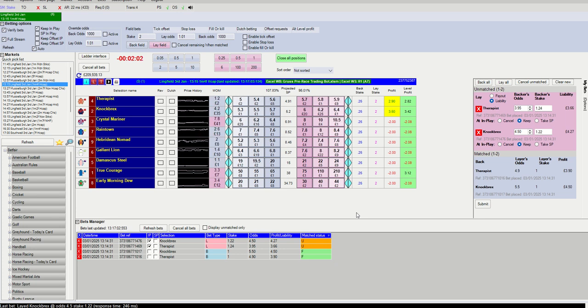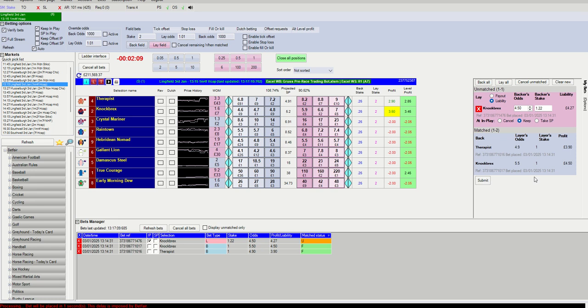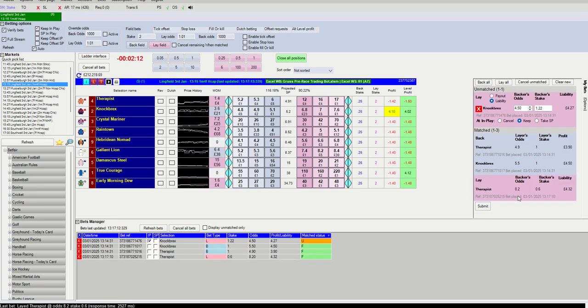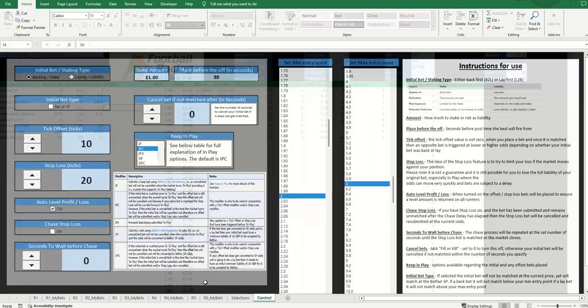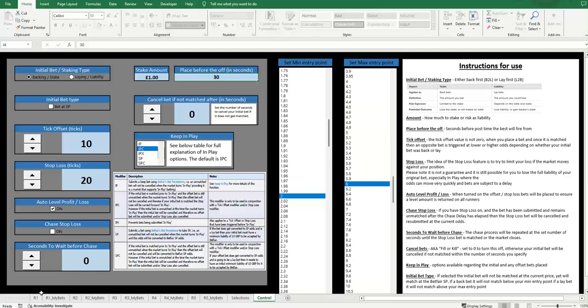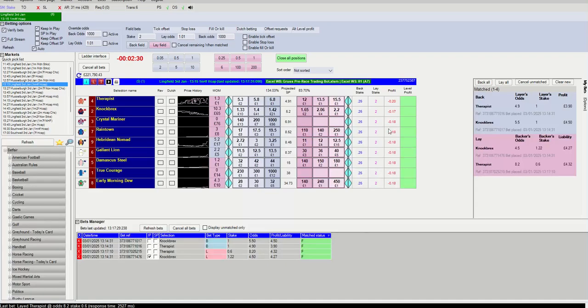Let's see what we're going to get first. It's now Therapist that's on the drift. There you go. So you can see it's cancelled that and it's placed and matched a stop loss on Therapist, and at the same time Not Brex had the tick offset taken. So you can see here we've got a level profit because we have that selected on here. If that was turned off, these other horses would all be at 0 regardless of who won. We can see here, Not Brex backed at 5.5, laid at 4.5, Therapist backed at 4.9, laid at